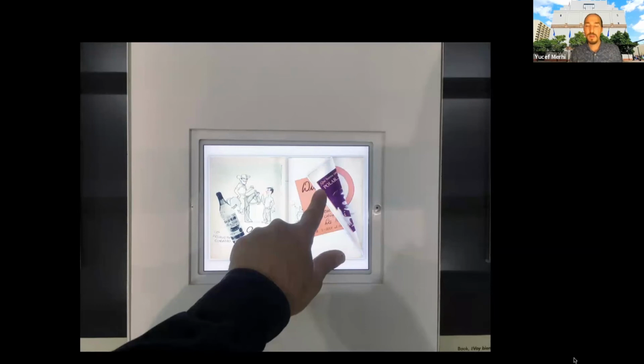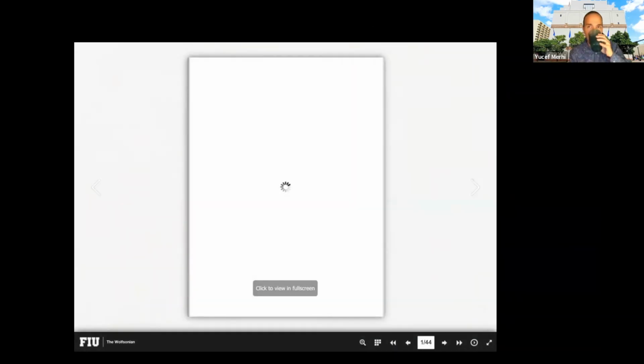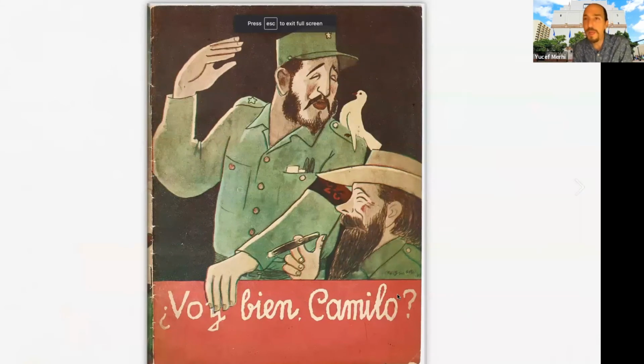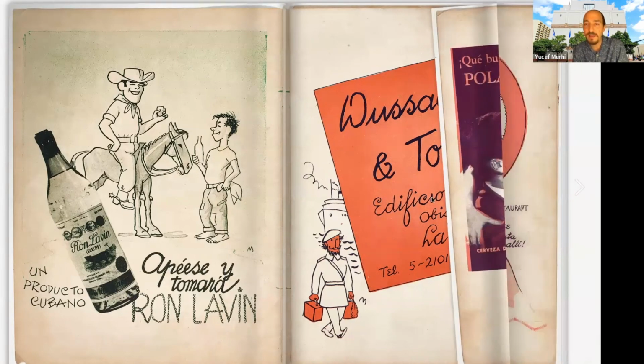And here is a detail of the digibook that you could play with and see next to the physical book that was beautifully installed in one of the galleries. And this is the digibook. It says, "Voy bien, Camilo." Am I going right, Camilo? And it was created as soon as Castro got into power and initiated his so-called revolution. And what I like about this book is that it's